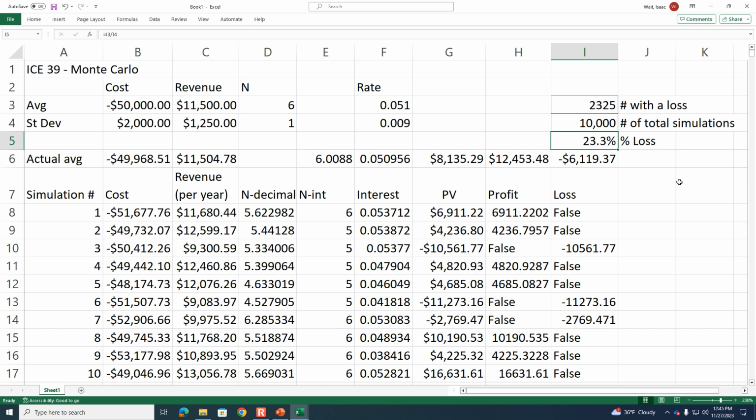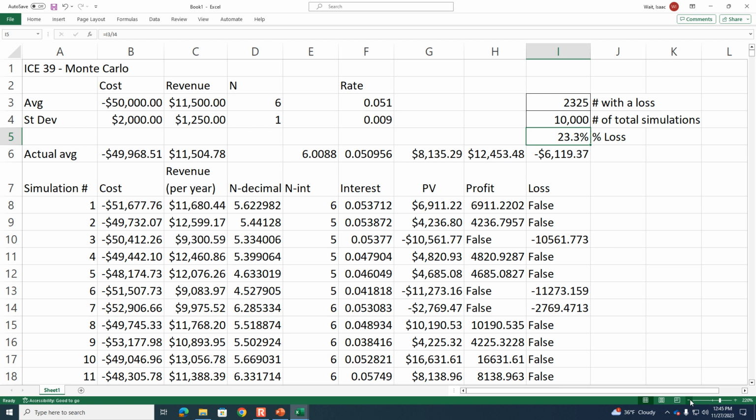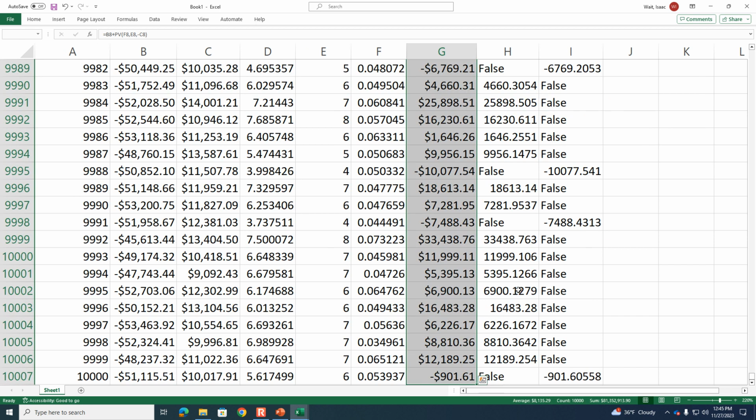Okay, now this last question, part E: what is the amount where there's a 90% chance you'll make less than that amount? To do this one, we need to paste the actual values because everything keeps changing. So I need a static set of the present values rather than something that's based on a formula. So for this, highlight the present values. Start on the first one, do Shift, Control, and the down arrow, and copy them. So Control C,